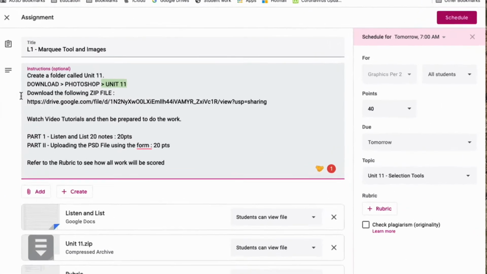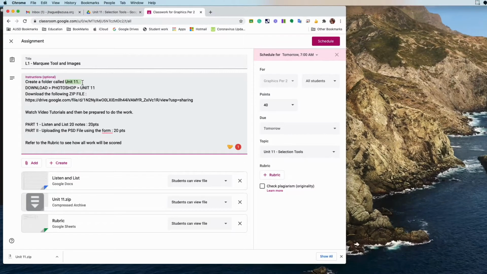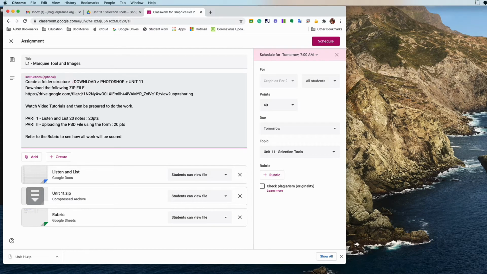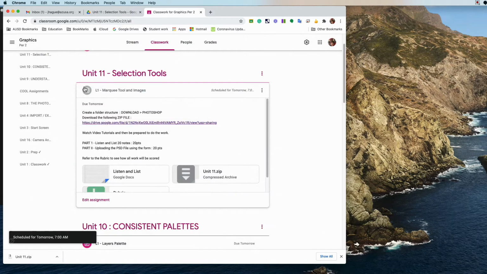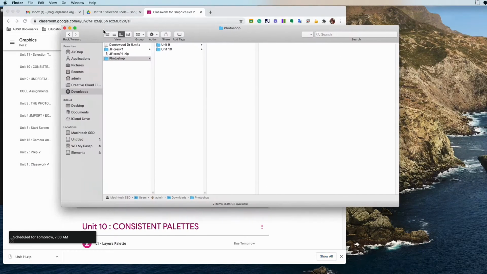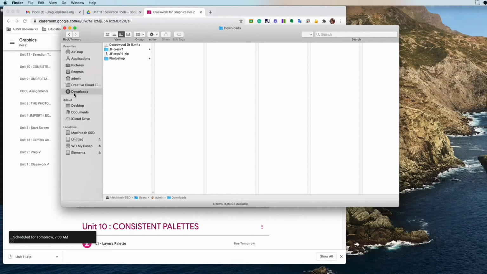I wanted originally for you to create a folder called Unit 11, but instead create a folder structure. It would be in your downloads, create a Photoshop folder. I thought about having you create the Unit 11 folder, but that's not really necessary. So I'm just going to have you in your downloads folder create Photoshop, and this is what I'm going to ask you to do. So if you're using a Mac,